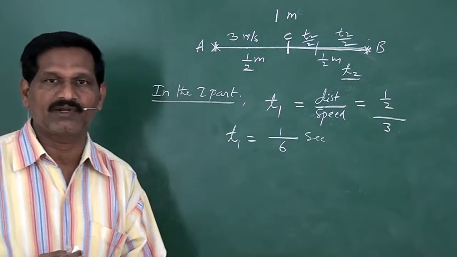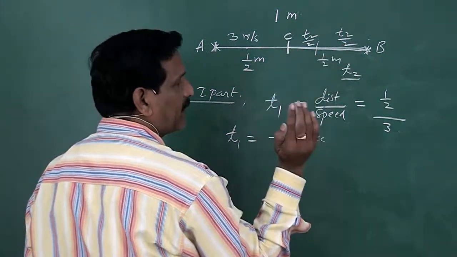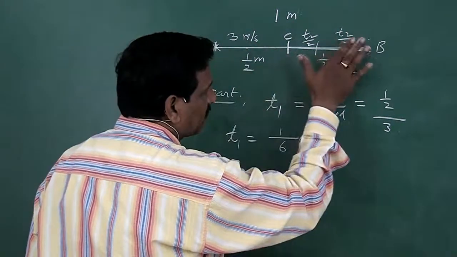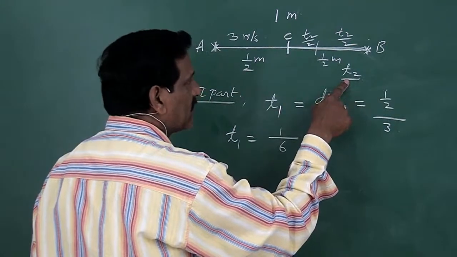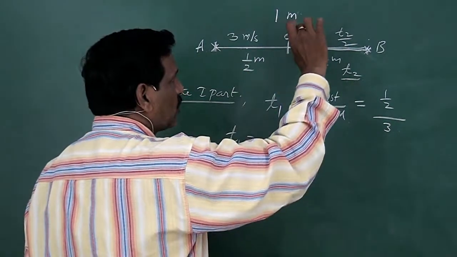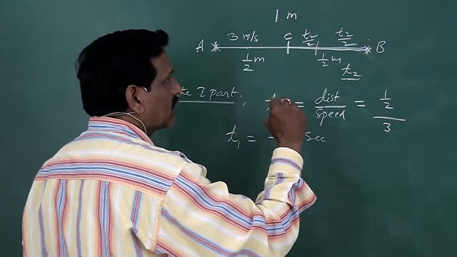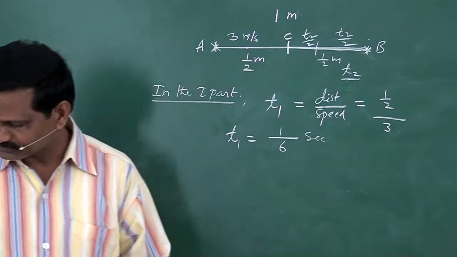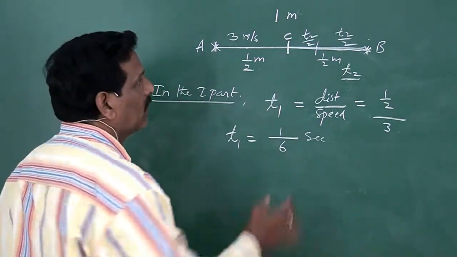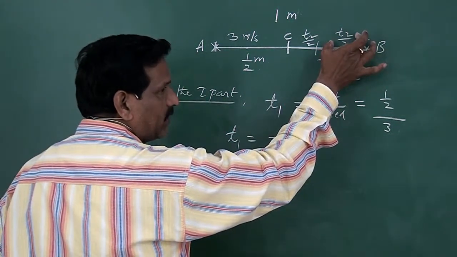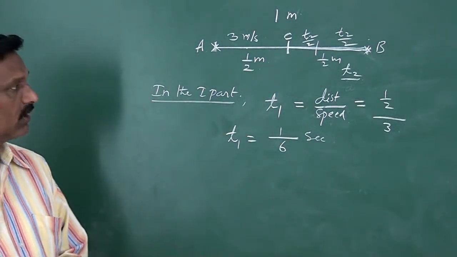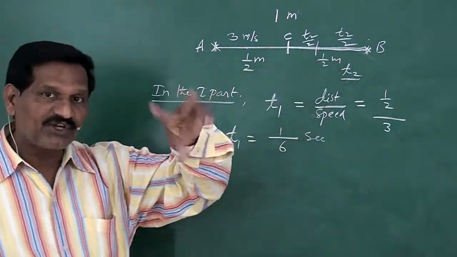These are equal time intervals, because the time taken for the car to move from C to B, that is, the time taken to cover the second half distance, is T2. This T2 is divided into two parts, T2 by 2 and T2 by 2, equal time intervals. In the first T2 by 2 interval, the car moves with a speed of 4.5 meter per second, and in the second half time interval, it covers with a speed of 7.5 meter per second. So here, equal time intervals, different speeds.